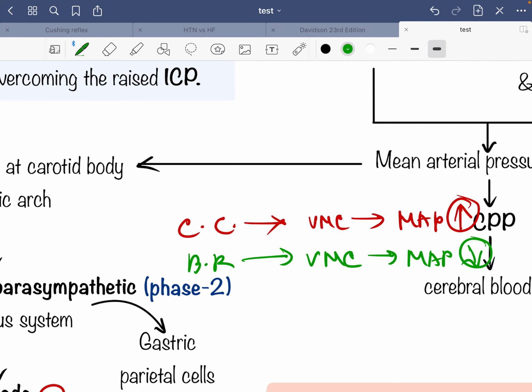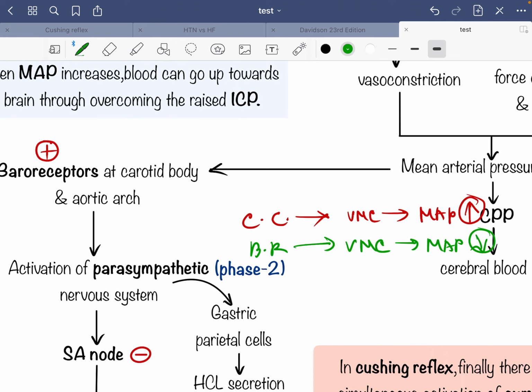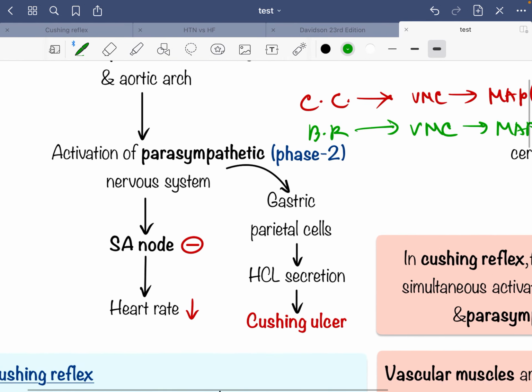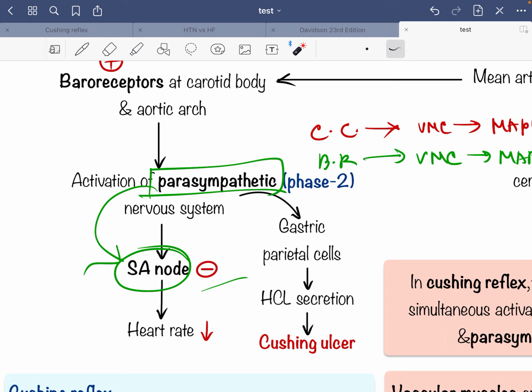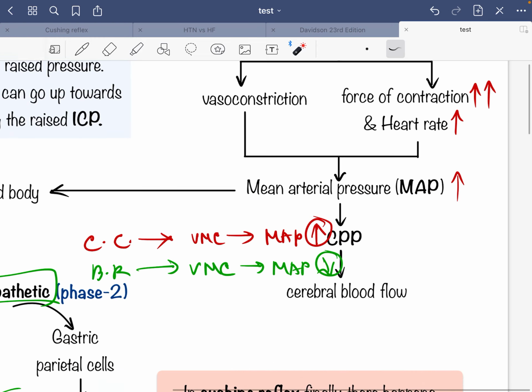So the vasomotor center will try to make both of them happy. So the vasomotor center will start to increase both the sympathetic and parasympathetic impulses. Okay, yes, exactly. So now the parasympathetic stimulation will be increased, and we know that the parasympathetic nervous system mainly supplies the SA node of your heart, and parasympathetic stimulation inhibits our heart. So due to overactivity of the parasympathetic nervous system on the SA node, your SA node becomes suppressed, so the heart rate will be decreased, so there will be bradycardia.